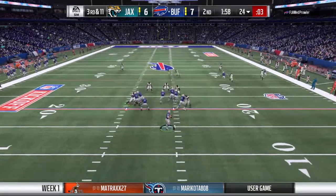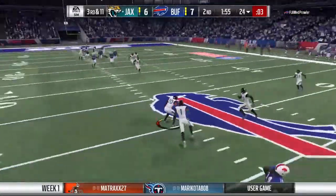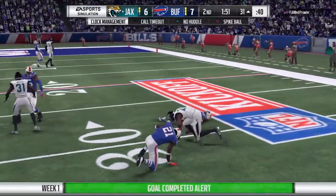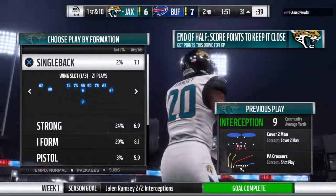Back to throw. And for the 3rd time here in this half, it's intercepted. Picked off by Jalen Ramsey. And the return here will go to the 31-yard line. So that is 3 interceptions